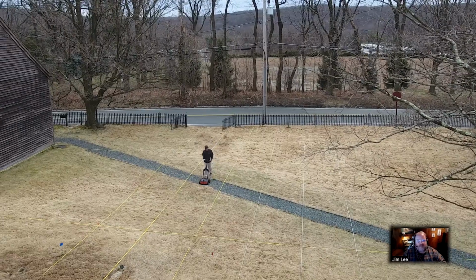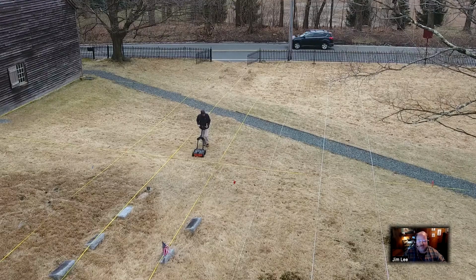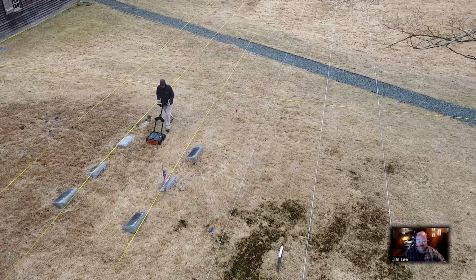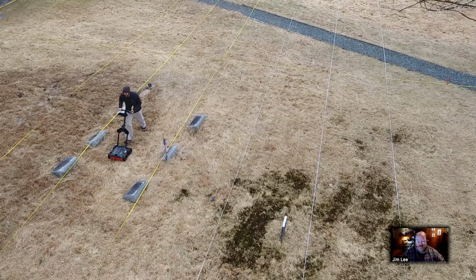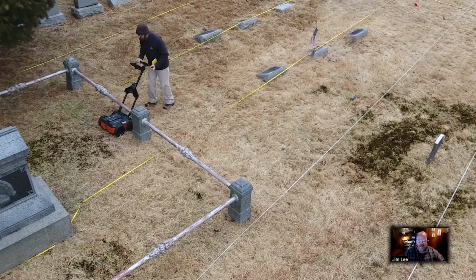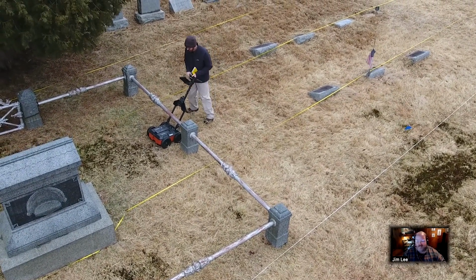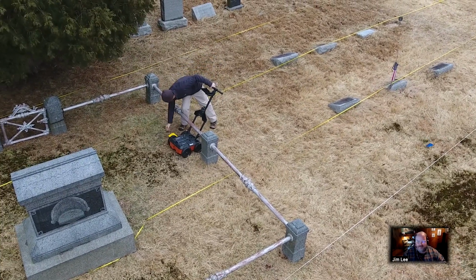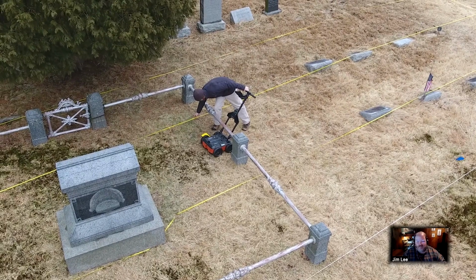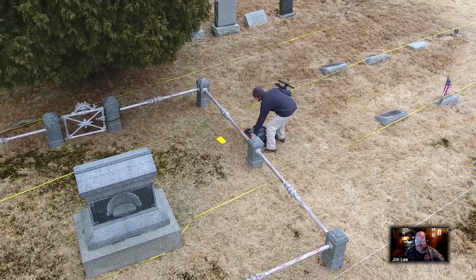Okay, these are just a couple more shots of the radar survey going on, and Dr. Tim Horsley, we feel, is one of the best around right now, especially when it comes to burial grounds. We always try to use him. He really looks at his data and he collects it very carefully. And you can see the tapes arranged. I believe they're in the cemetery here. And he runs the little machine